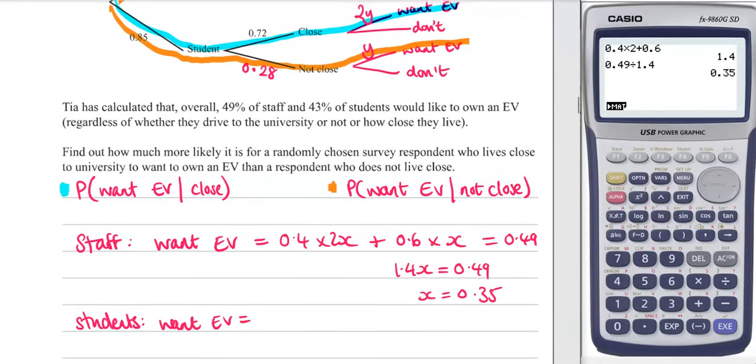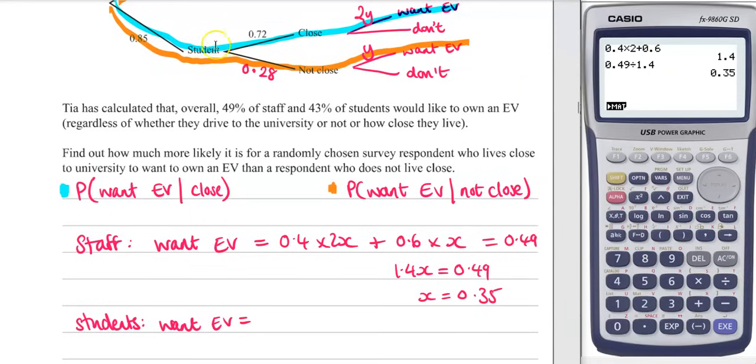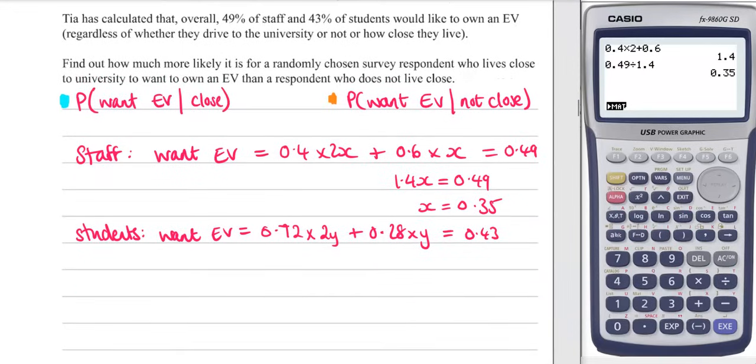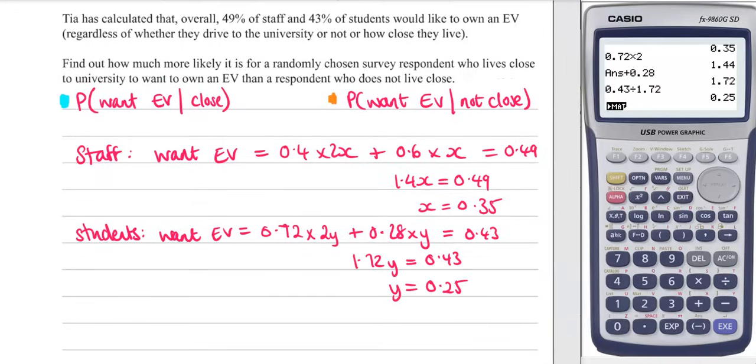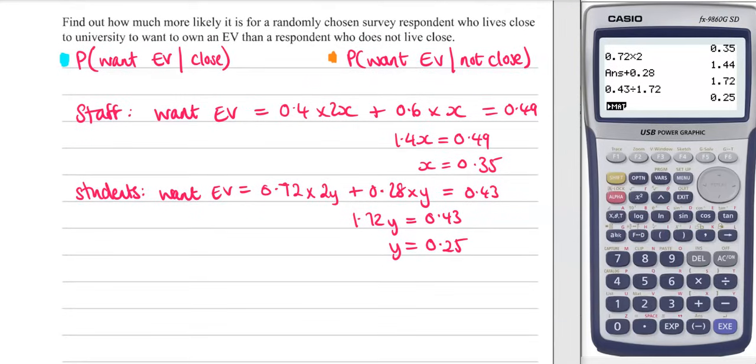Let's do the same thing for the students. Okay, so after we're already at the point of it being a student, the want EV line this way and the want EV line this way will make 43%. So 0.72 times 2y, plus 0.28 times y will make 0.43. So y is 0.25. Okay, now we've got enough information